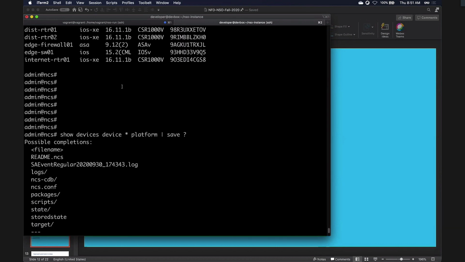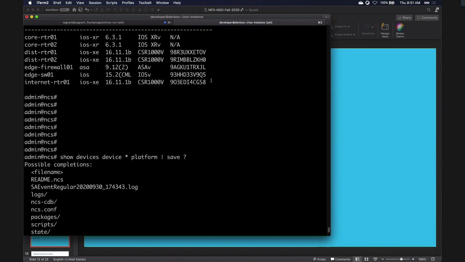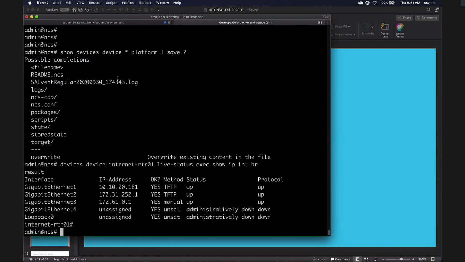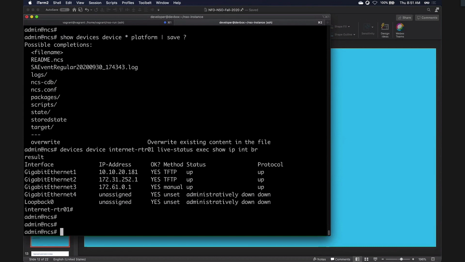So previously what we were working with up here was from when it did the sync, it captured that information for us and saved it into the CDB, but now we can actually talk to the device with whatever command we want. If we want to do a show IP and brief on this particular device, we can say, exec live status show IP and brief, and it gives us that information. We could save that to a file. You could also do that, with, let's delete this,